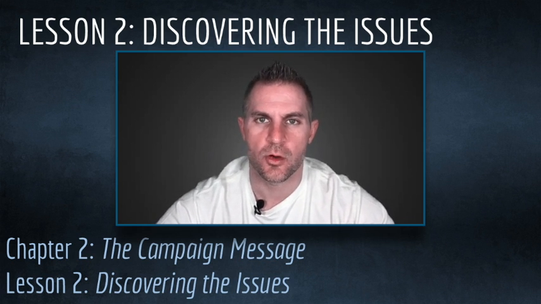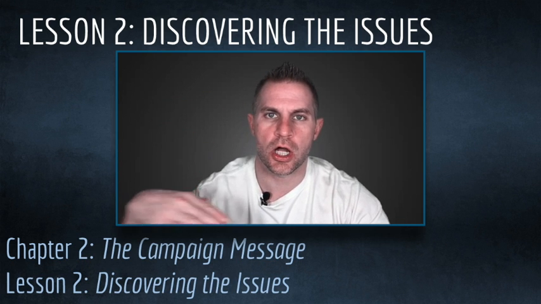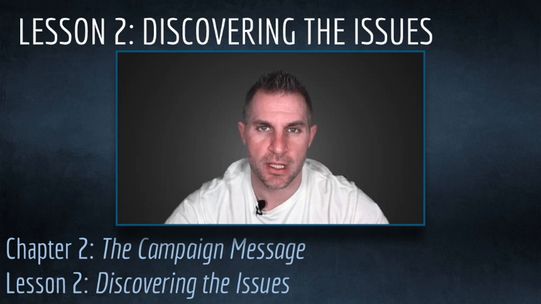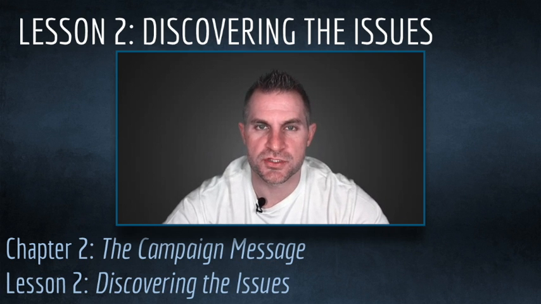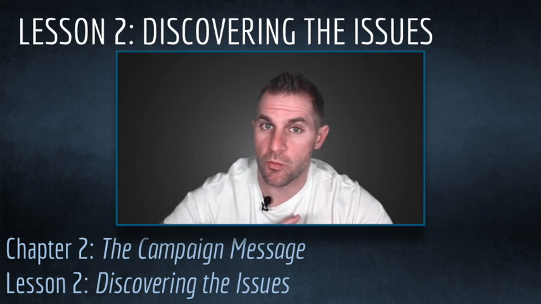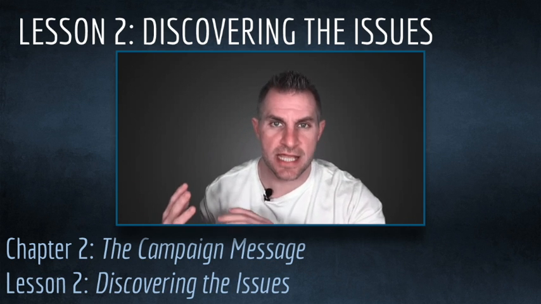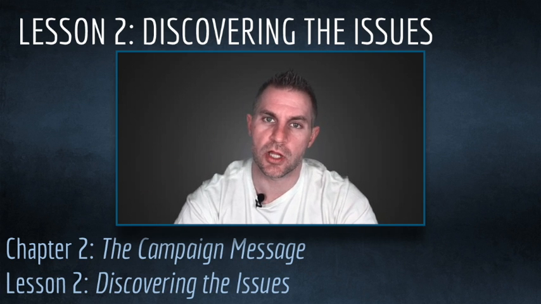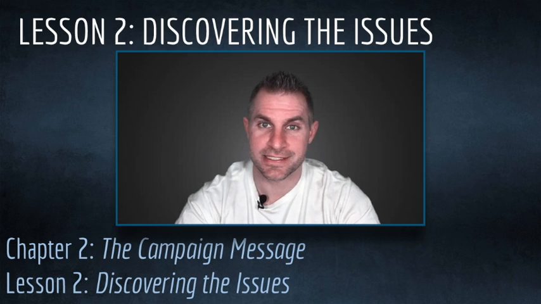So in this lesson, we're just making a big, long laundry list of issues that are likely to come up in your campaign. And probably include some that aren't super likely, but get them in this big giant list anyway. So in future lessons, we'll figure out exactly how to tackle these issues. But for right now, we're just going through and making this big, long list. So let's get into it.